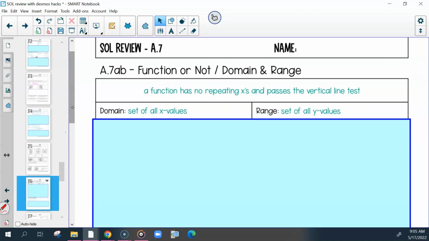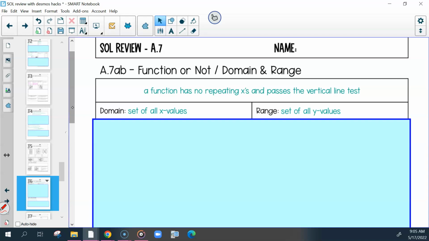Functions, domain and range. A function has no repeating x's and passes the vertical line test. Domain is the set of all your x values. Range is the set of all your y values. In Desmos,